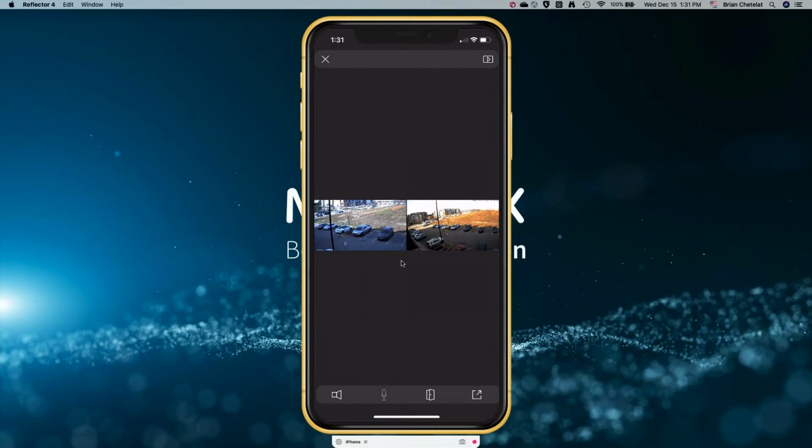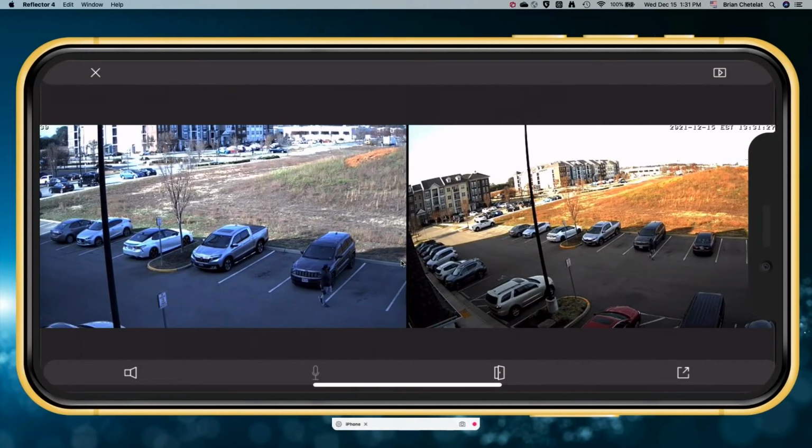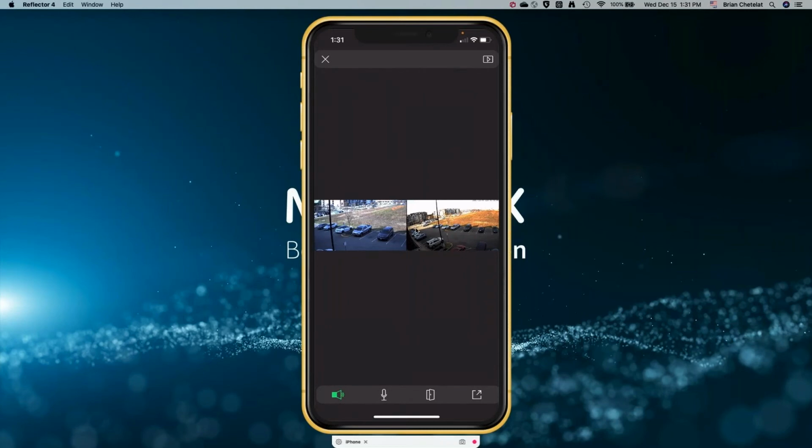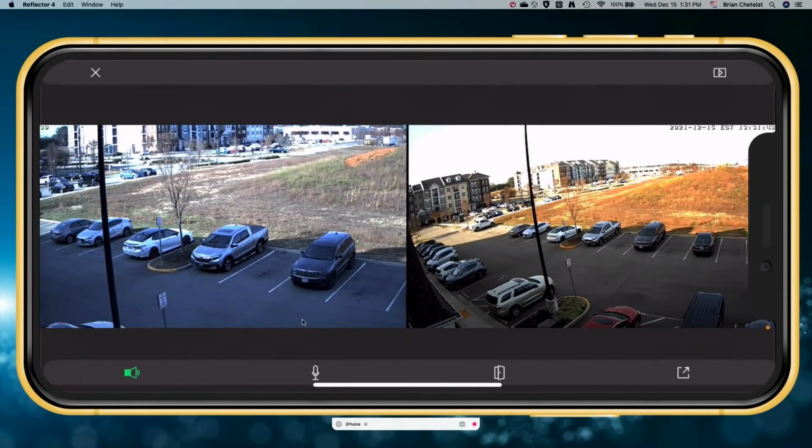If I did, with that gentleman walking by, I could simply tap that speaker button. If my M73 here had the audio module on it, it would allow me not only to hear what's going on, but also to speak through the app to that area. Just like you would typically do, tap to open up communications.